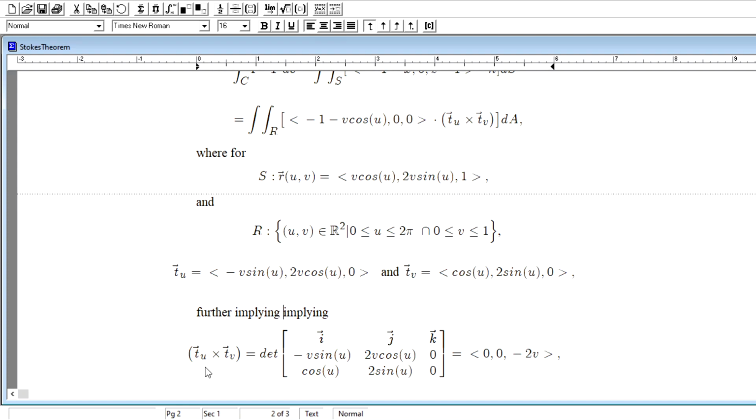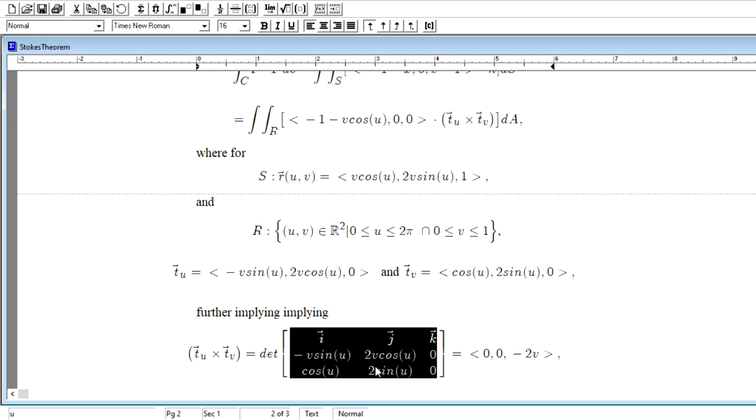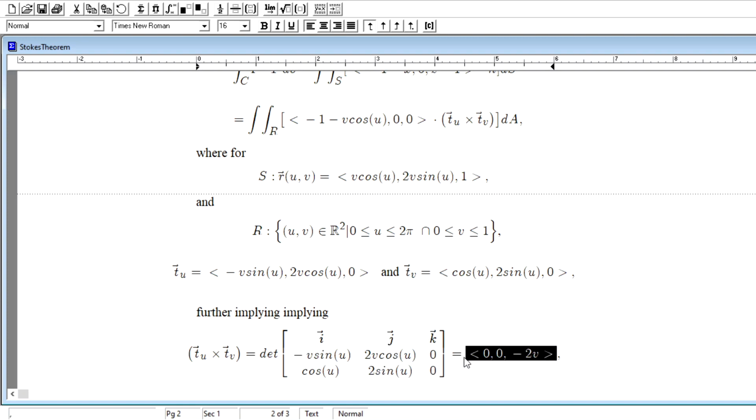Further implying that the cross product of these two vectors we're going to use up here in our calculation is just going to be this vector crossed with this vector, and that would be this determinant calculation seen here. If we calculate that cross product, that will yield the result 0, 0, negative 2v. And what negative 2v becomes, as we've said, is what we think of as this Jacobian